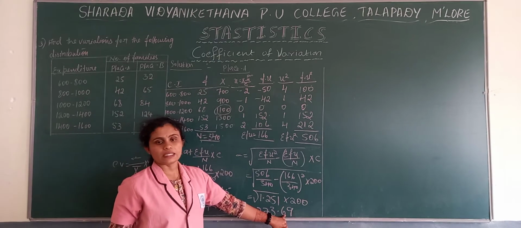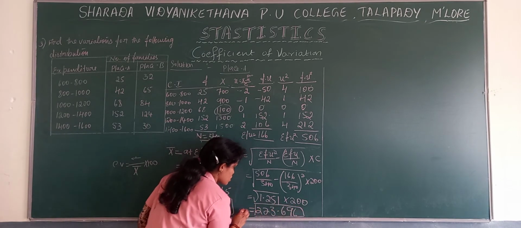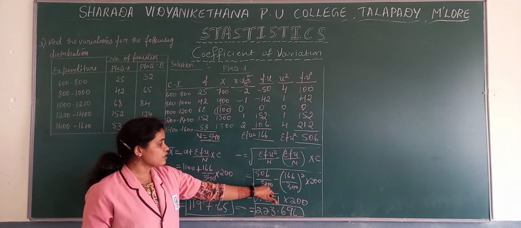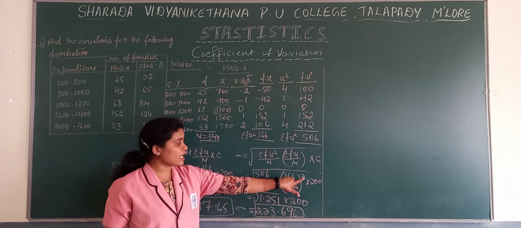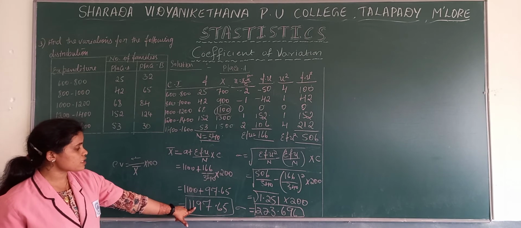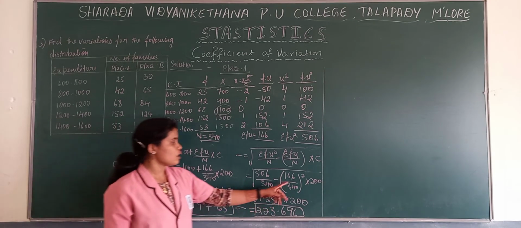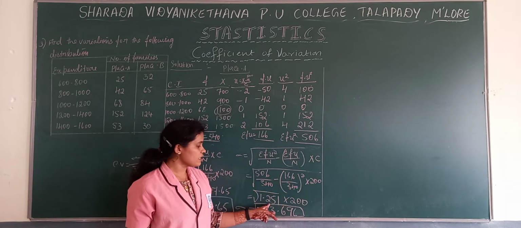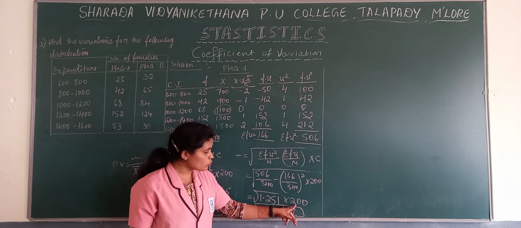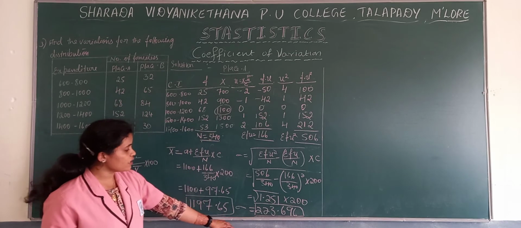We get 223.69. If you want one more digit you can add it. So this is the standard deviation. See, here I left one step: you have to divide and make the square, or else directly you can take this. Here you cannot take this particular value because we are not applying the direct method, here it is the deviation method. So make the square and take the differences. When we take the differences we get 1.251. Then take the root and multiply with the width or C. So you get the standard deviation as